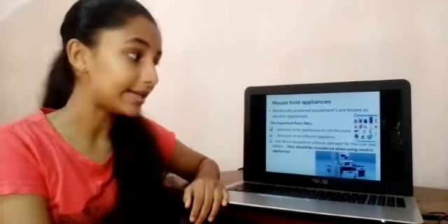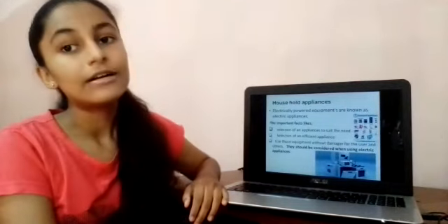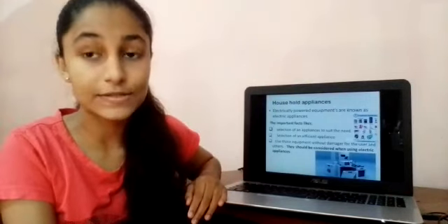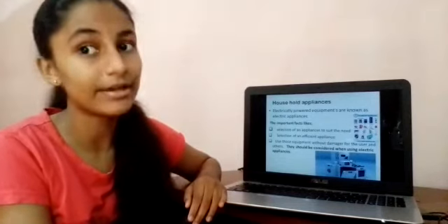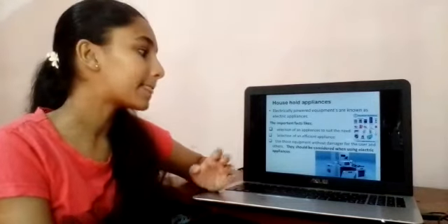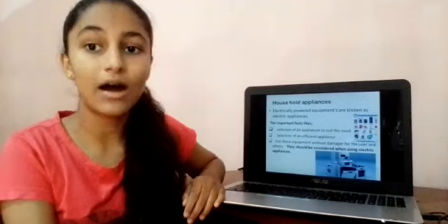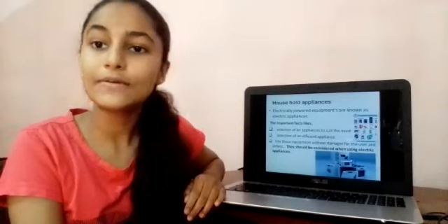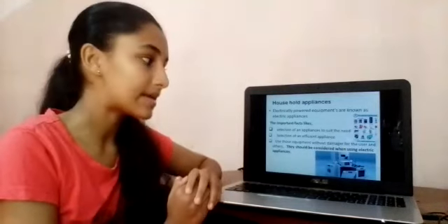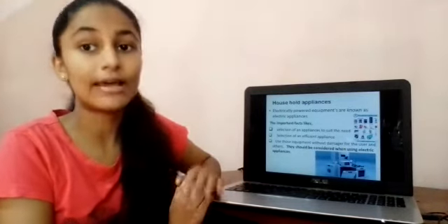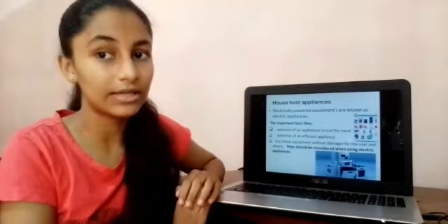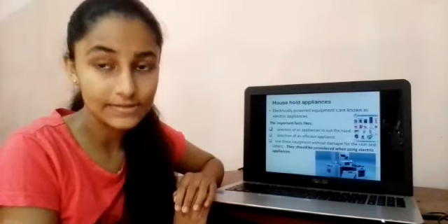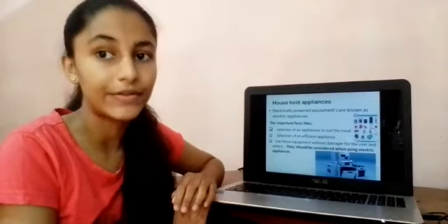Next, household electric appliances. Normally in our daily life we use household appliances to do our daily activities more efficiently and economically. Thus the electrically powered equipment is known as electrical equipment. When we use electrical equipment, there are some facts that we should pay attention to. They are selection of an appliance to suit the need, selection of an efficient appliance, and use of those circuits and appliances without damage to the user and the other members.